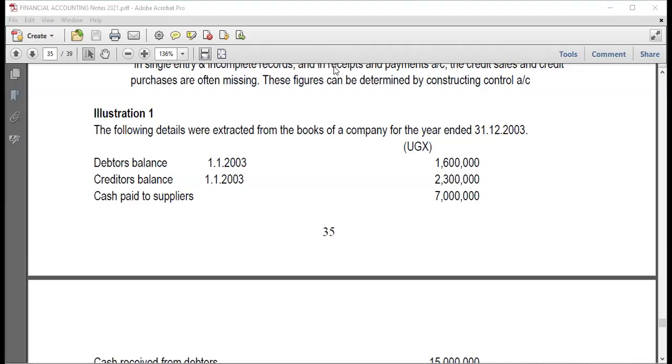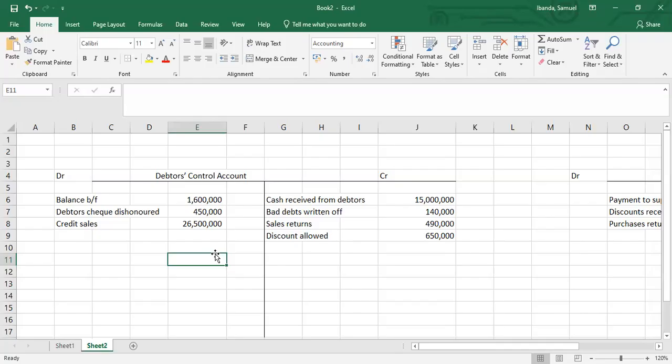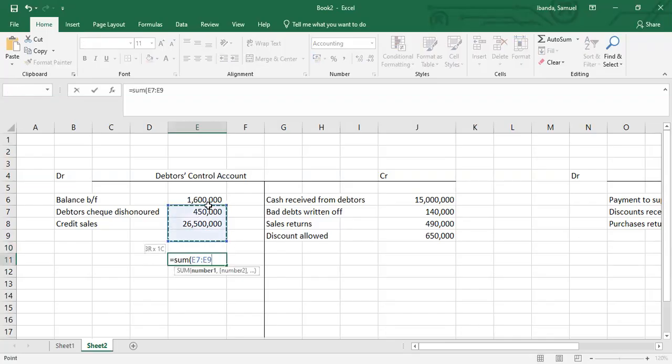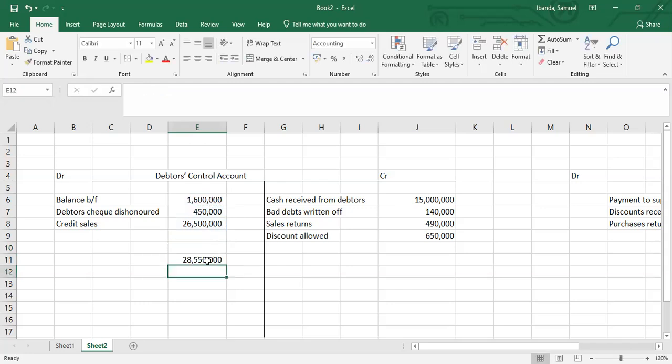So what I'll just do, I'll look for the side that is higher. Since I know these are debtors, I know that they have a normal debit balance, so I know that this side will be higher than the other. So I'll just get the summation of this. This is about 28 million. This side would also be the same thing, 28 million, but for it to be 28 million, I should have a balance